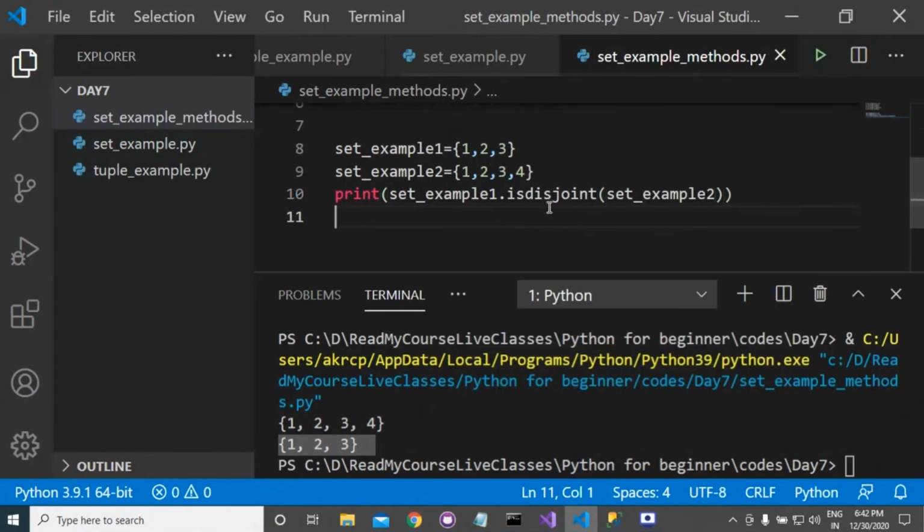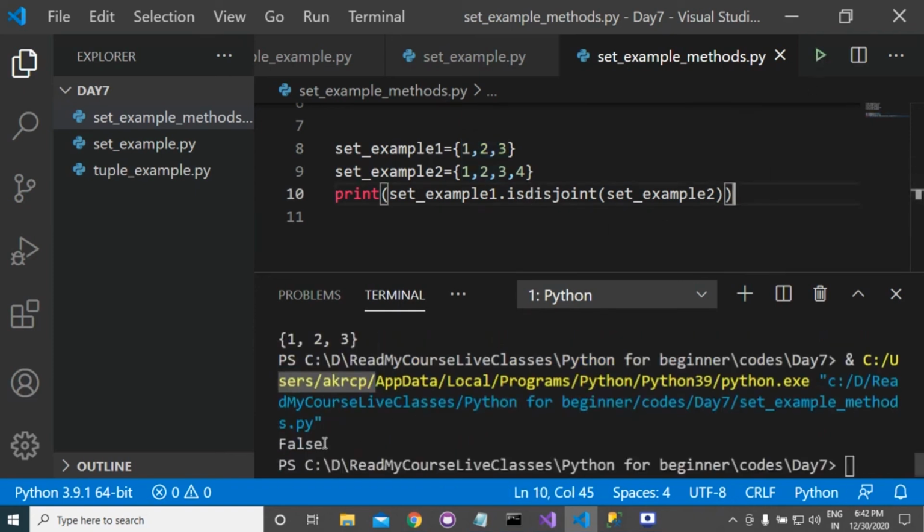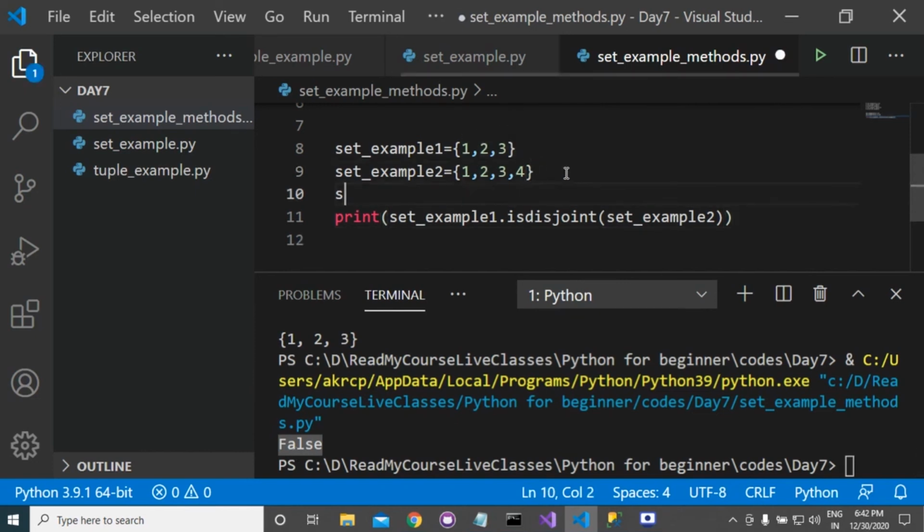So I have introduced you to disjoint. Disjoint means no element should be common between these two sets. But here you can see that 1, 2, 3 is present in both sets. That's why it will return false.